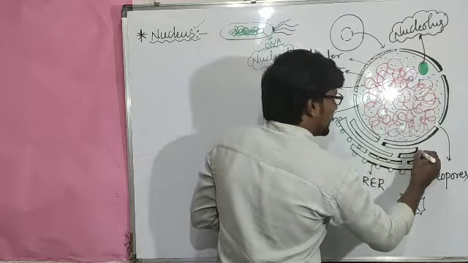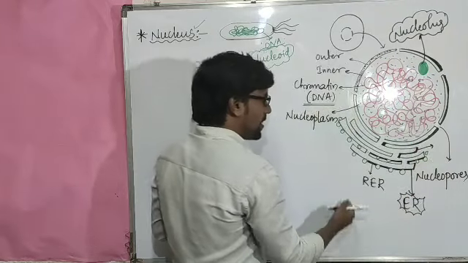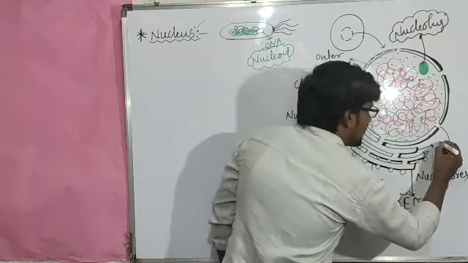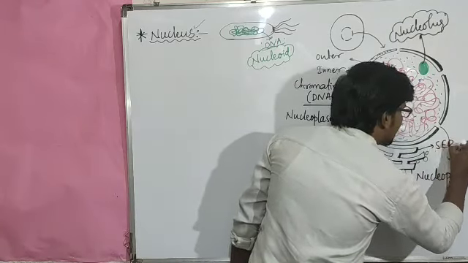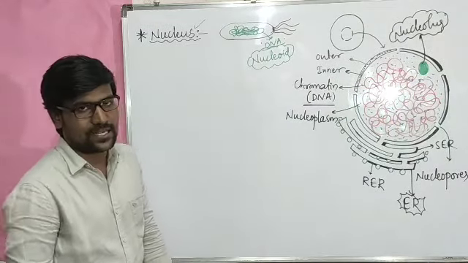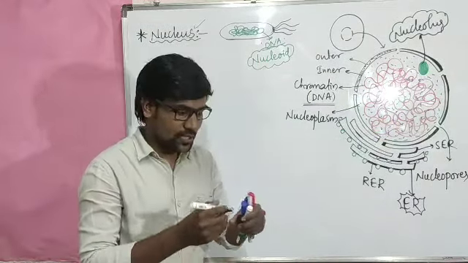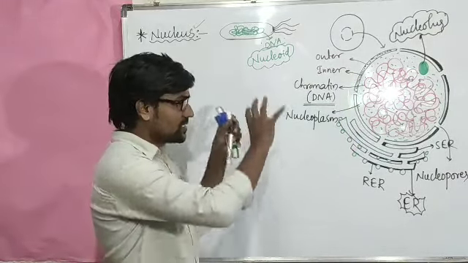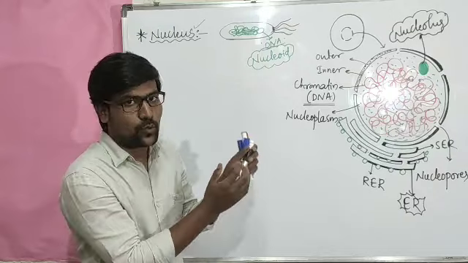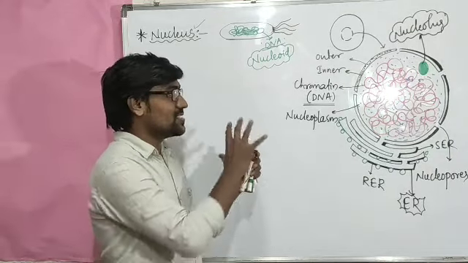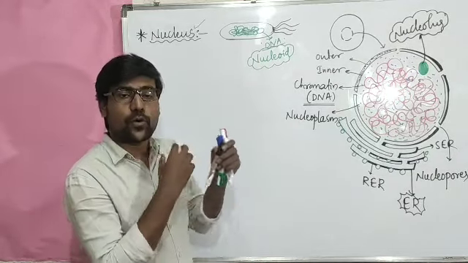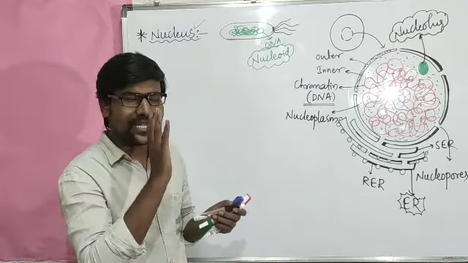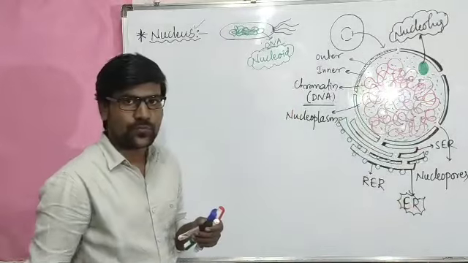And this one is not attached with ribosomes. This endoplasmic reticulum I am talking about is SER. RER and SER. So the endoplasmic reticulum is attached to the nuclear membrane. This is the arrangement of how the nucleus will look. And this is just a superficial diagram. If you want to look inside more and more, the structure becomes more and more complicated. But these are the major parts right now.